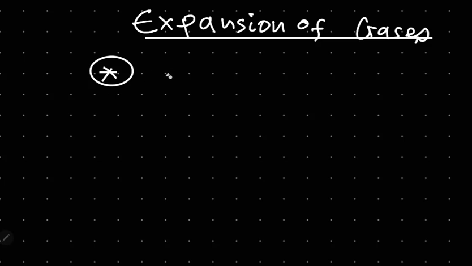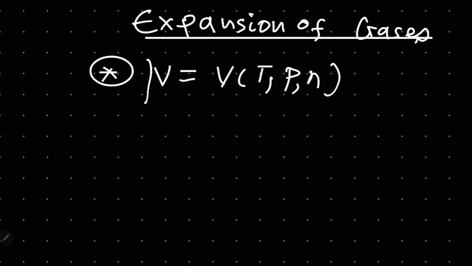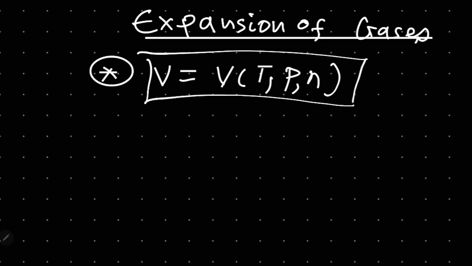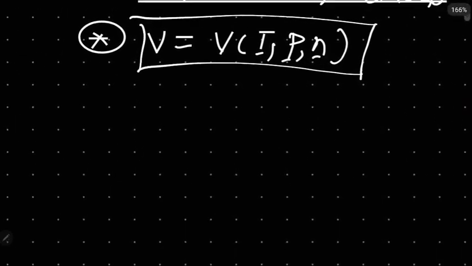expansion for gases, because the volume of a gas is a function of absolute temperature in Kelvin, pressure, and number of mole, meaning the volume of a given gas is going to change as you change temperature, pressure, and number of mole. So now let us see how the volume of a gas is changing with each of